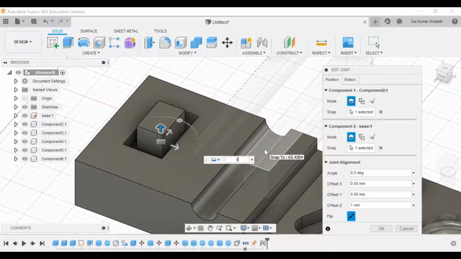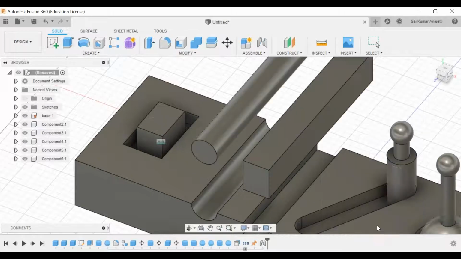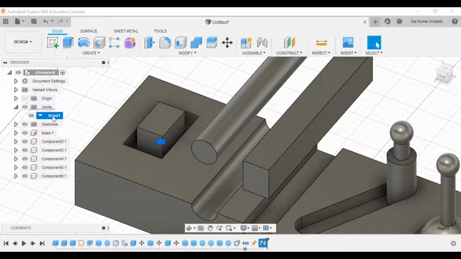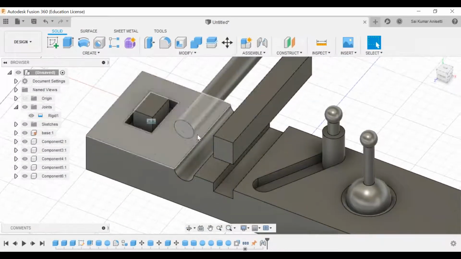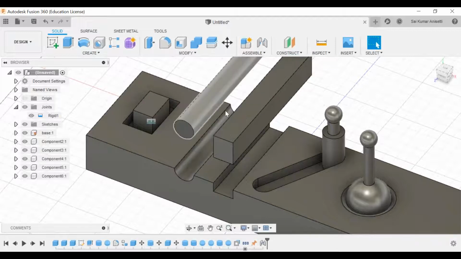Or else if you want to go with 0, just give it as 0 offset. Click OK. That is how you create a simple rigid joint, and that is how you edit your rigid joint. And now let us create another joint, which is actually a revolute joint between these two faces.